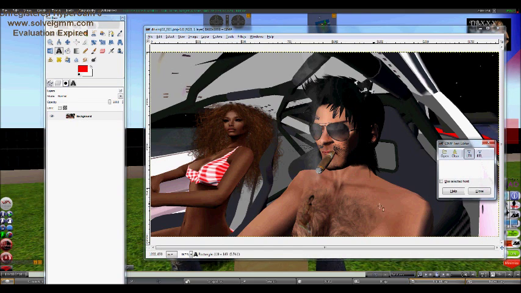Left click, and drag a box. Sometimes this box will shrink back down when you start typing. It's alright, you can just resize it. You don't need the resizer tool, you can just resize it with these little blue boxes right here. So we'll put in,